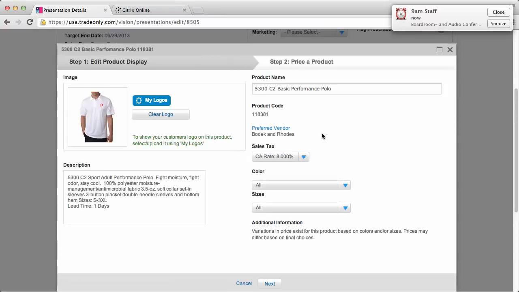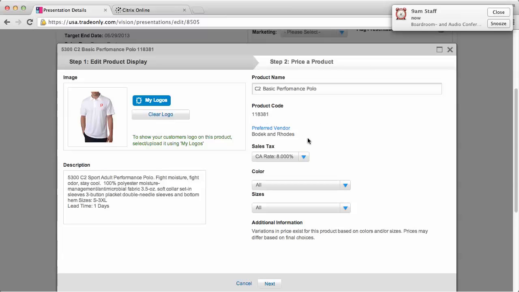it's going to prompt me to do two steps. The first step is editing the basic general information of that product. So if I wanted to edit the description, I could do that. I could also edit the product name if I wanted to. So in this case, I'm going to edit the product name because for some reason they've got the supplier code within the product name, and I don't want to communicate that to my customer. I want the customer only to see the unique product code here, which is the Vision product code, so they